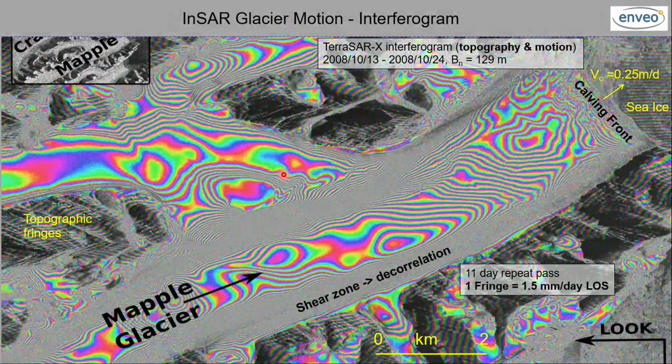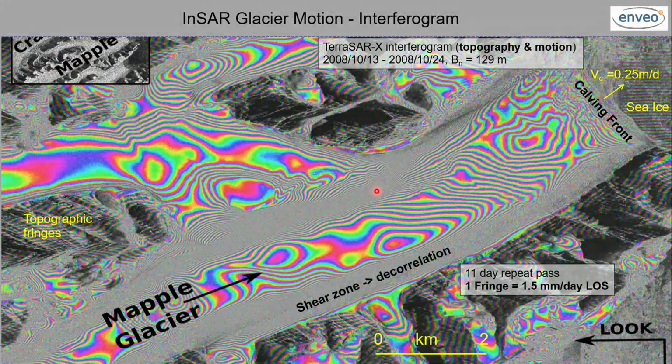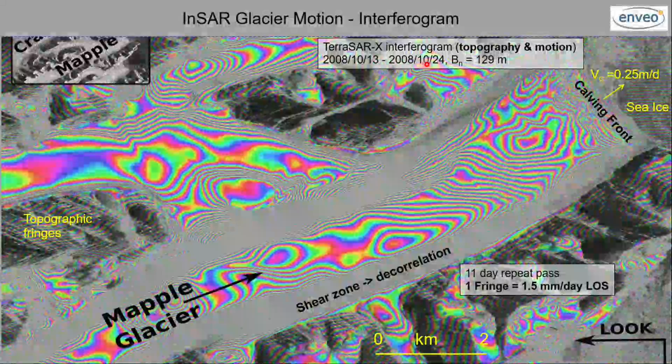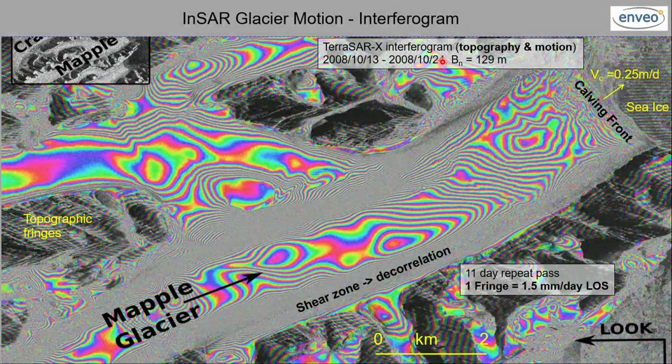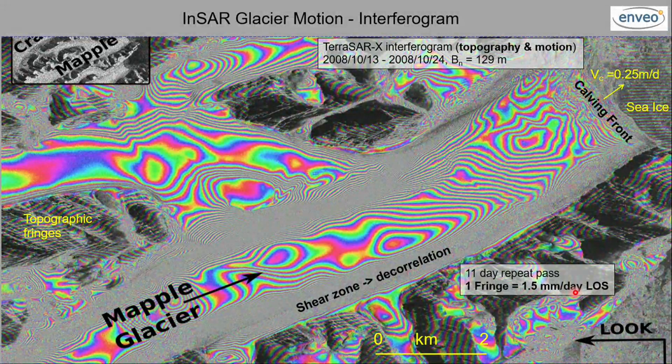And now, very briefly, we come to glacier motion. This shows the problem of glacier motion. This is again TerraSAR-X with an 11-day repeat and a baseline of 129 meters. It is an interferogram which has topographic fringes, but it's dominated by ice motion. You can see here that one fringe corresponds to 1.5 millimeters per day line of sight, and we get